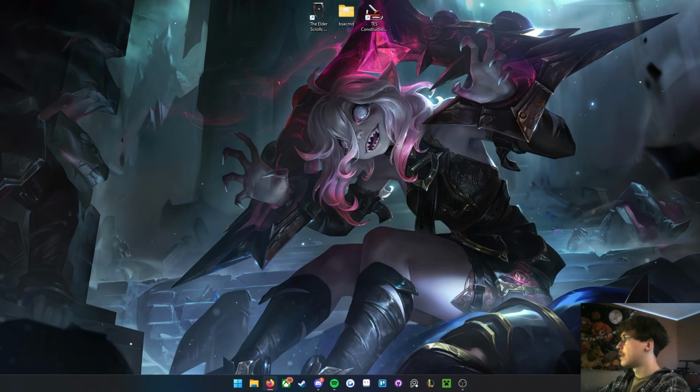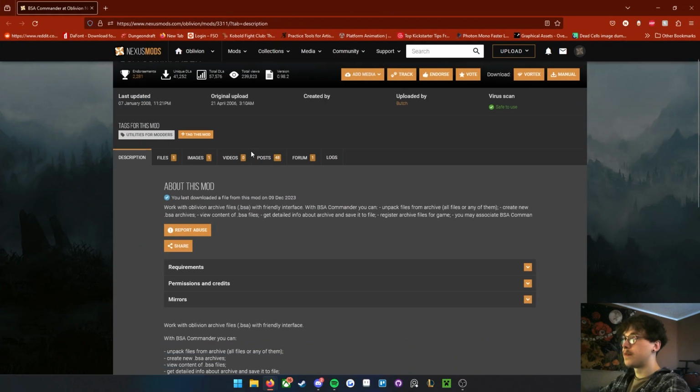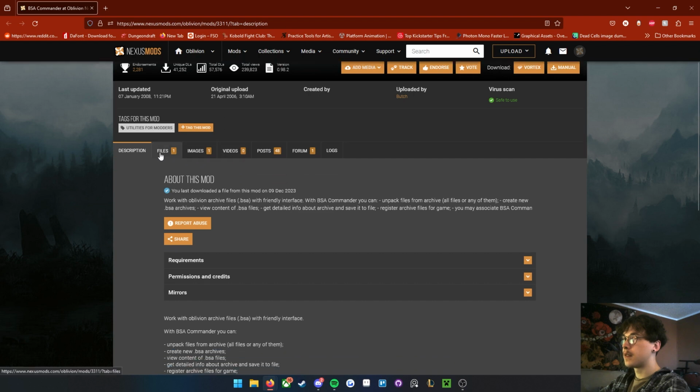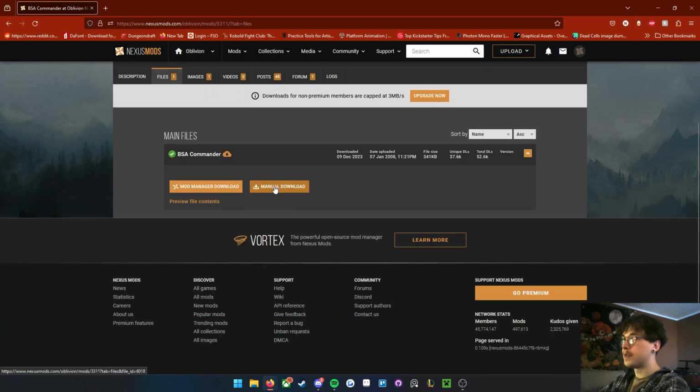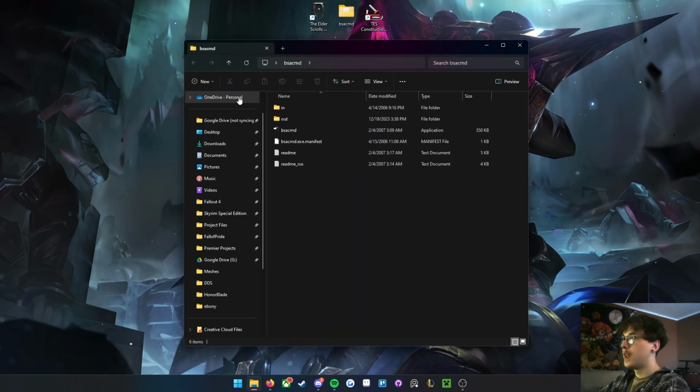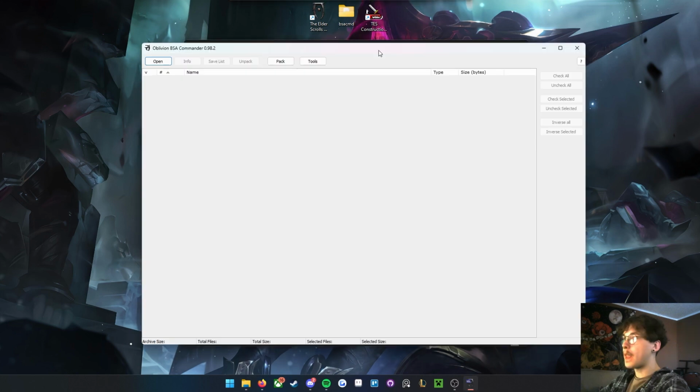So that said, the first thing that we're going to do is we need the BSA commander. So again, from the link that I put in the description, first thing you're going to do is go to the Nexus page for the BSA commander. You're going to go to Files and then Manual Download. Once you download it, it'll come in a zip. You just unzip it to a folder, and then you just click BSA cmd.exe, and then it should look something